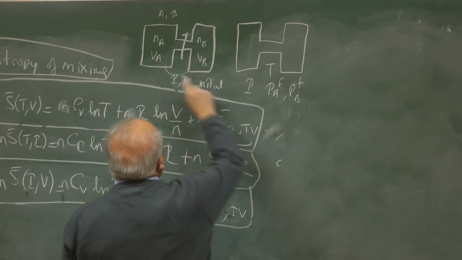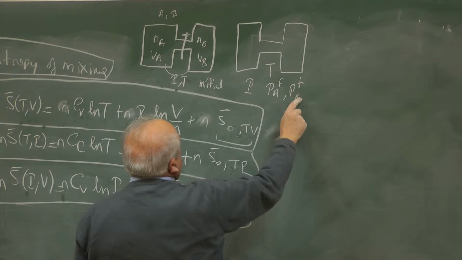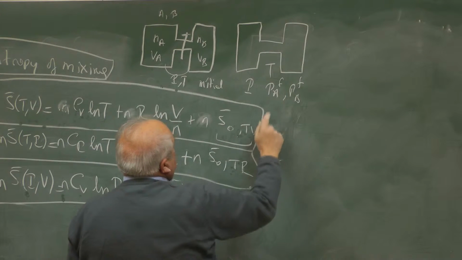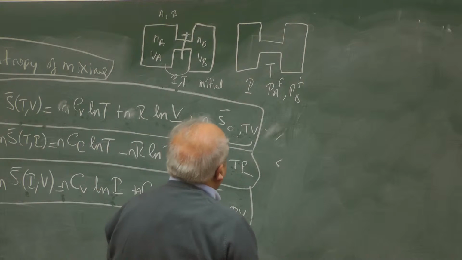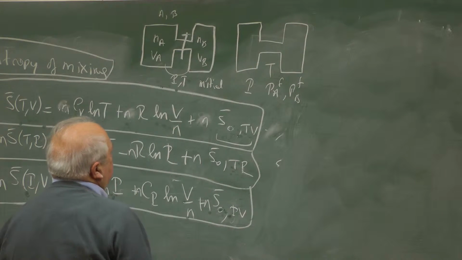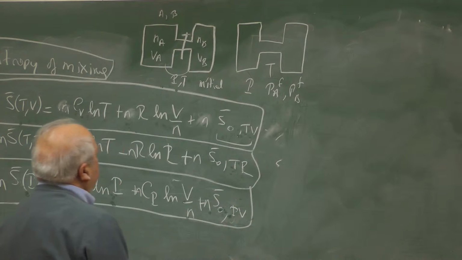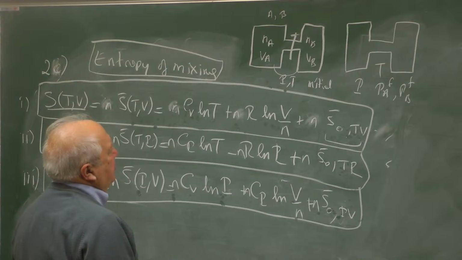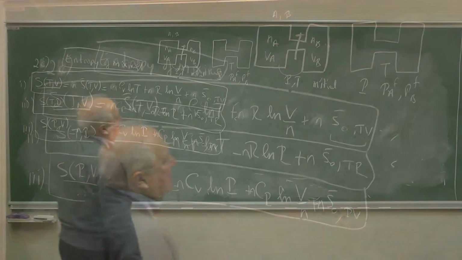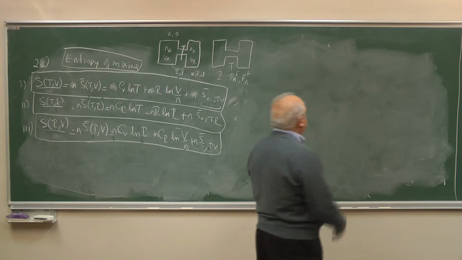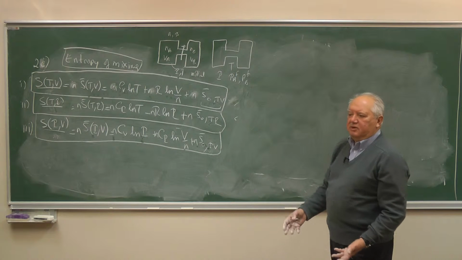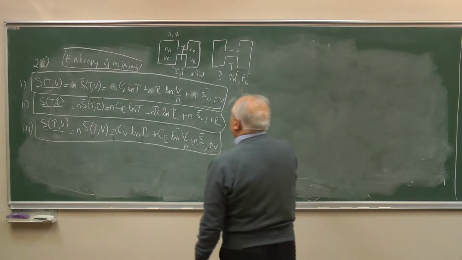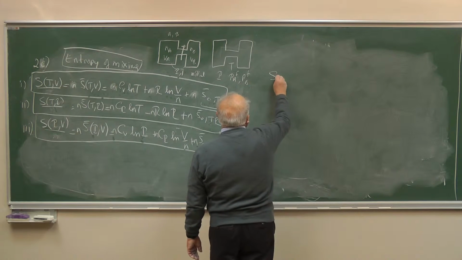PA initial was P, PB initial was P, but finally they are not the same, and of course they drop in pressure, but the total pressure, if you add them up, is equal to P. So the question is, what happened to the entropy? Well, for a single gas, entropy had increased. For two gases, the same thing happens. For everyone, entropy increases. So let's write the entropy initial total